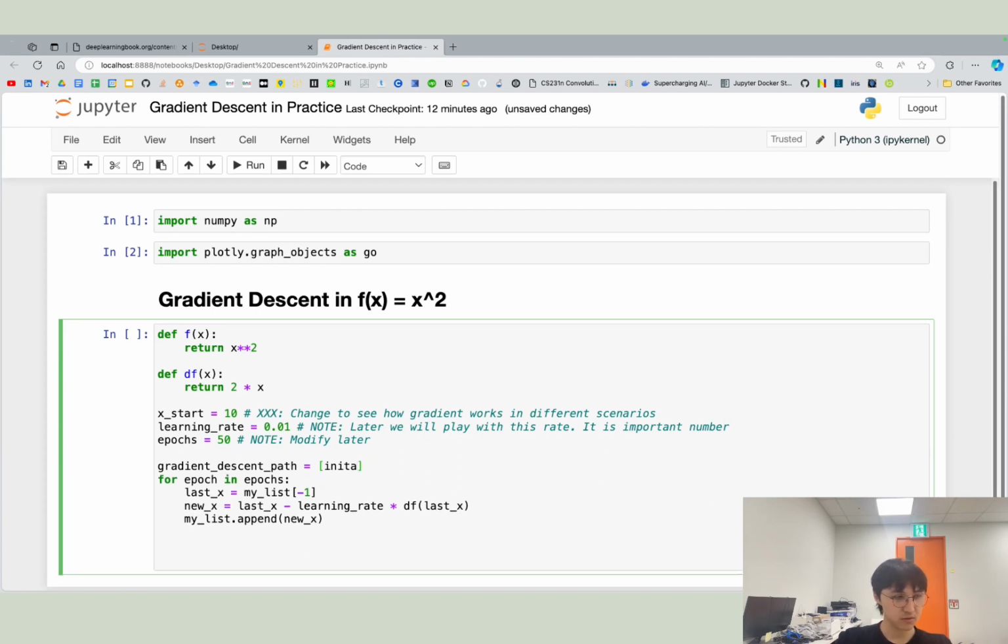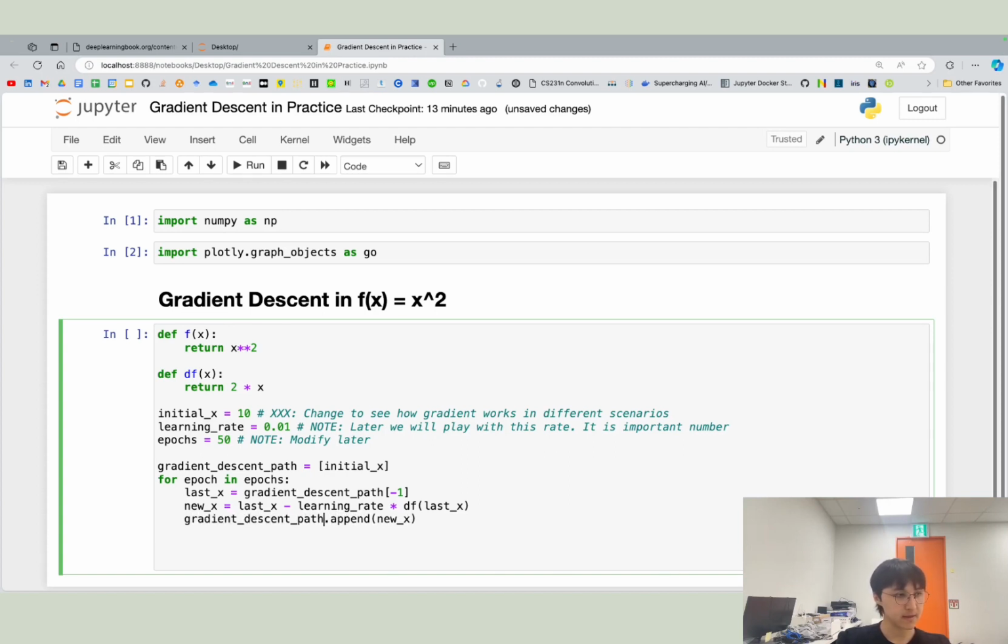We put this one, and if you put gradient descent path instead of here, it will make sense. Gradient descent path at -1, and we will find the derivative of that thing,